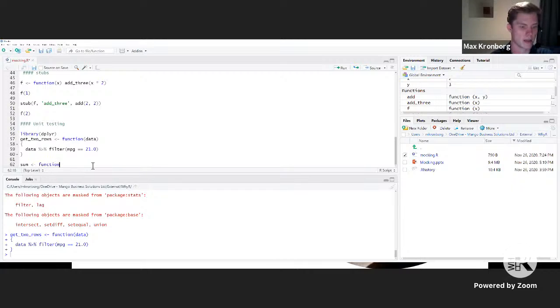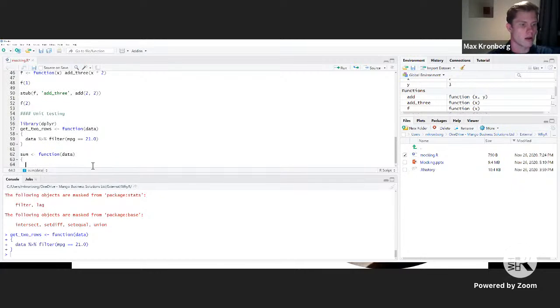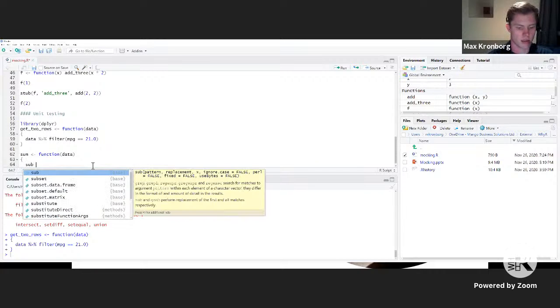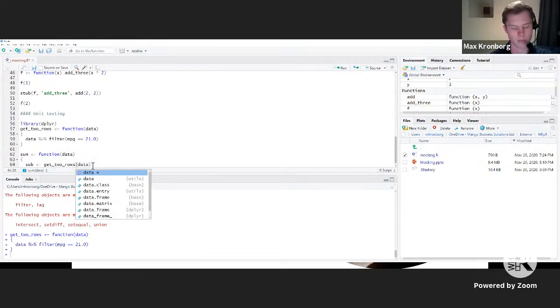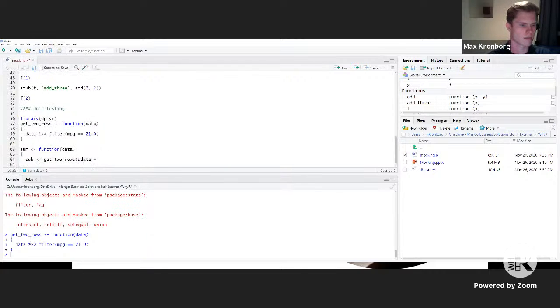So I'm just going to, well, we can use data here again. And what that'll do is give us this subset of the data, which will supply to get2rows. With data. So we're subsetting the data.